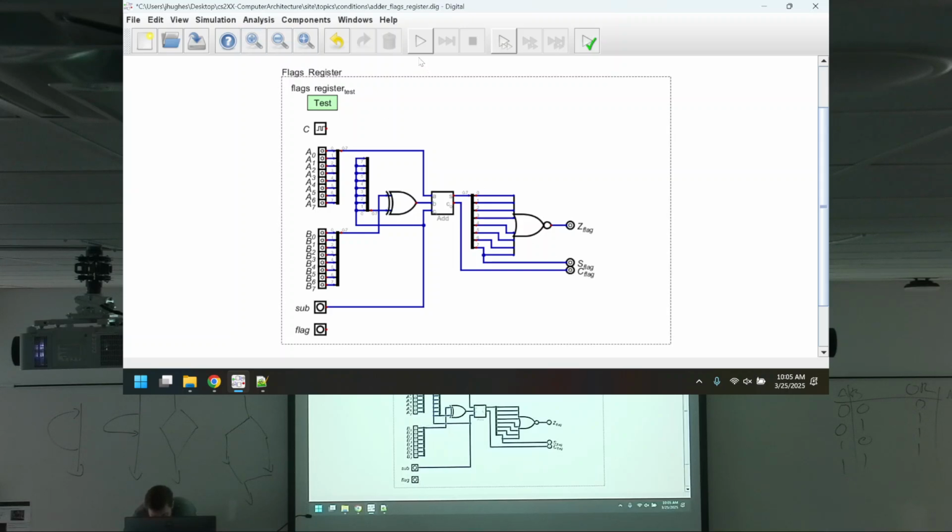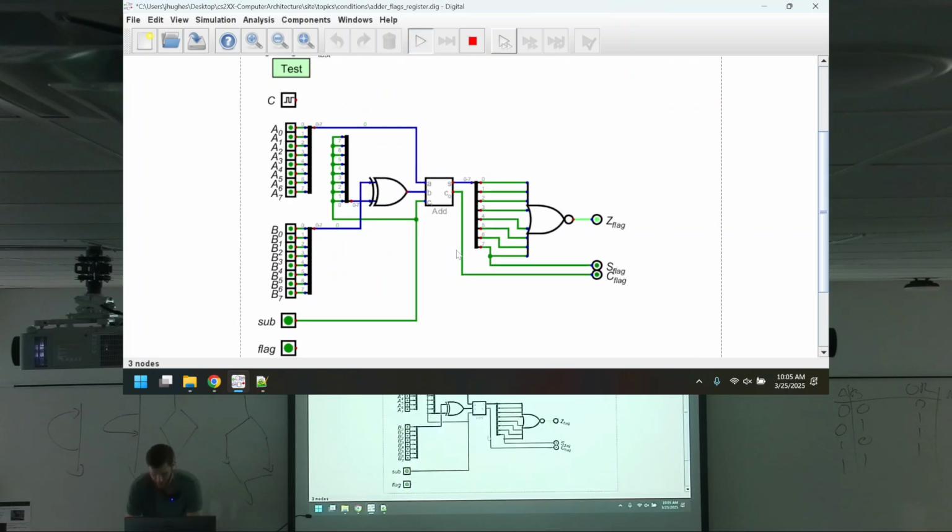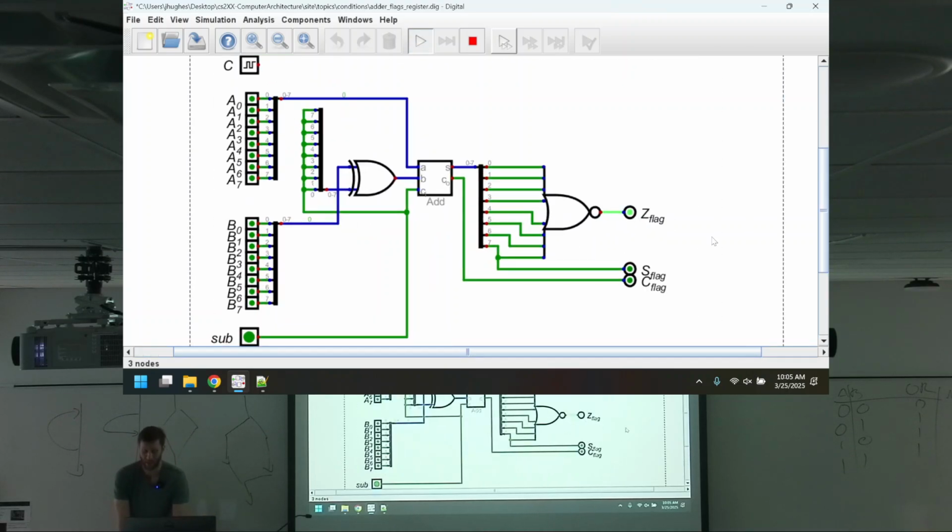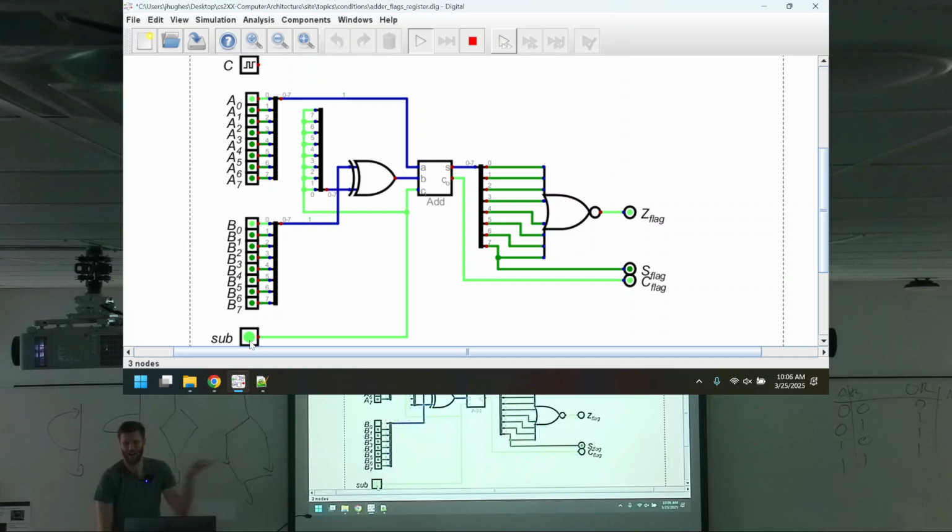There. Okay. Run. Perfect. So right now I'm adding 0 and 0, and of course the Z flag is high. We see that, right? If I do like 1 and 1, well, none of that is there, right? But if I do subtraction, I should get a 0. Now you might notice, oh, wait a minute, the carry flag went high? Yeah,